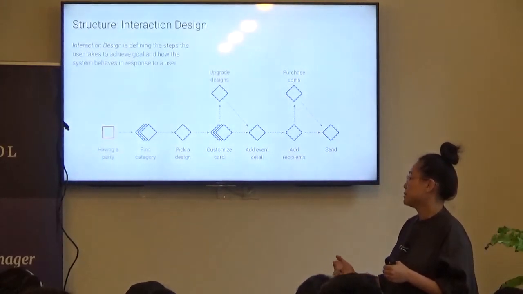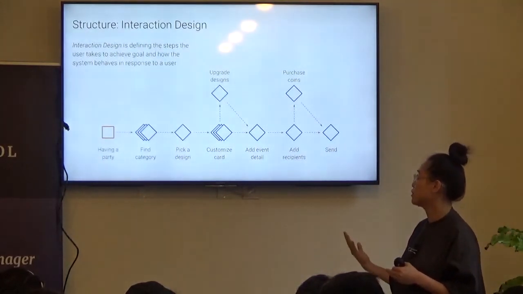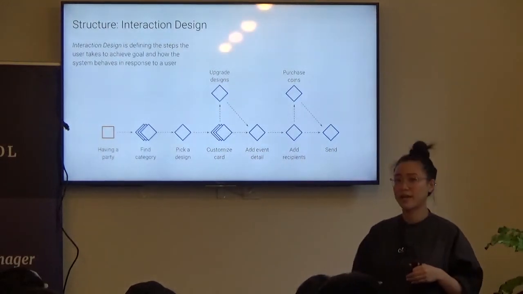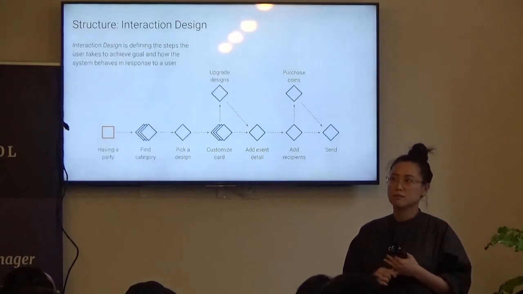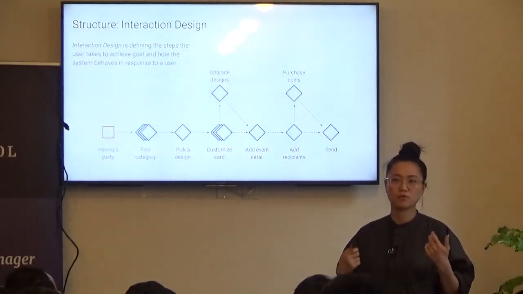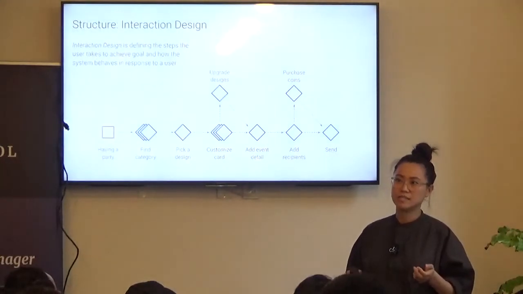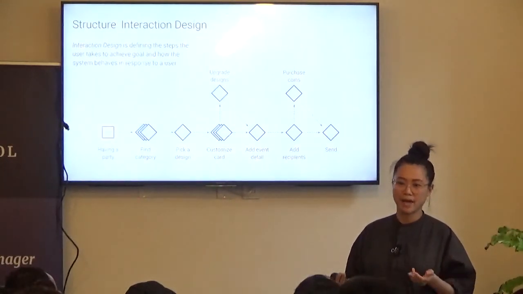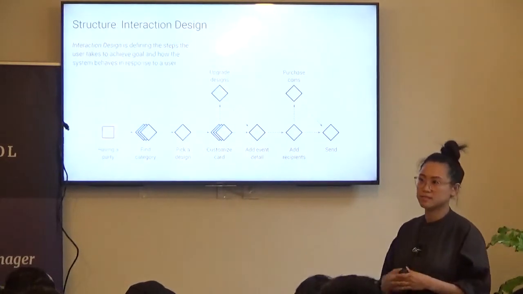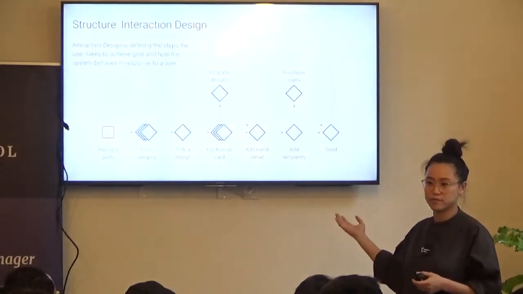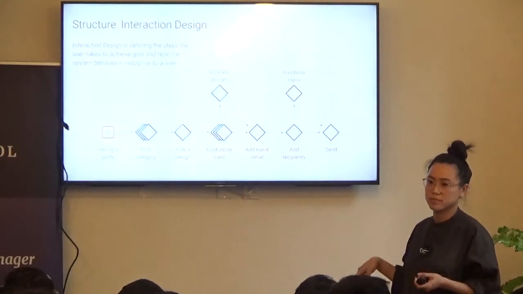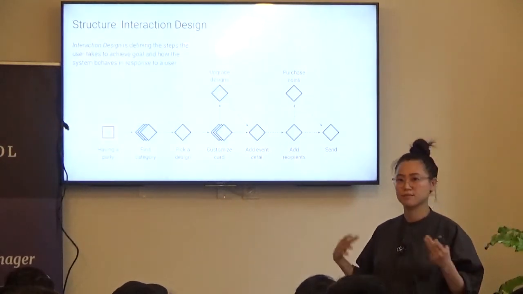A good way that we think about it is that I have the designer look at websites like Amazon, any sites that people go to a lot, because even if they have a bad pattern, people use it enough that it becomes a pattern, and then it makes sense to reference it. If people are used to that, then that's where you should probably copy them. There's no reason to